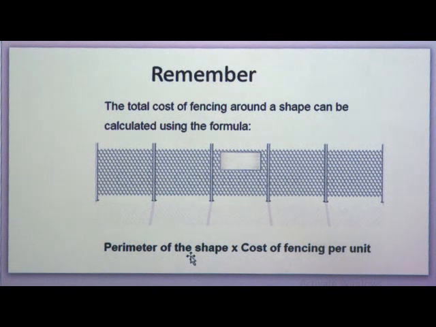In this way, first you have to find out the perimeter of the given area, whatever the field or house it is, and then you have to multiply it with the cost of fencing. So, you can find out what will be the total cost of it. You have to remember this, because this will be applicable in word problems. We will see in detail afterward, one by one, the examples related to our daily life. So, this formula you have to remember, as I have written here.